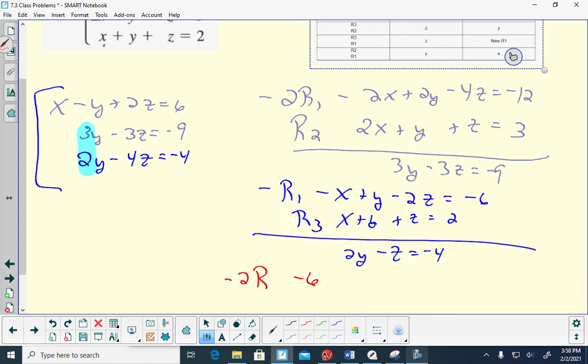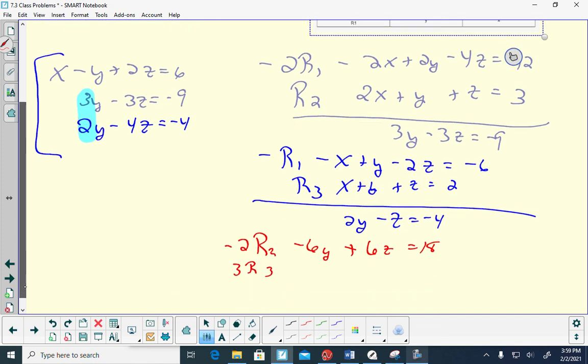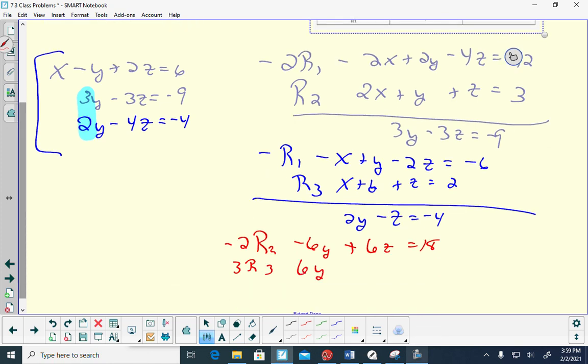So that'll be negative 6y plus 6z is equal to 18. And now I am going to multiply row 3 by a positive 3 so that they have opposite signs. So this will be 6y minus 12z is equal to negative 12. And when I do that, what do I get? I get negative 6z is equal to,